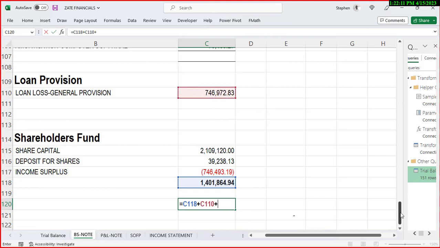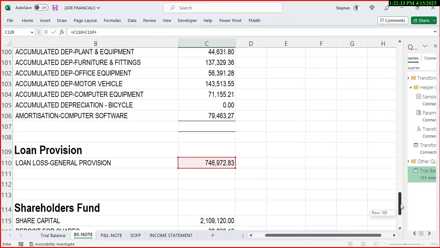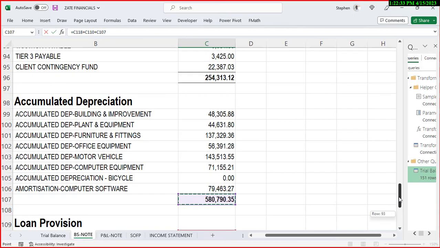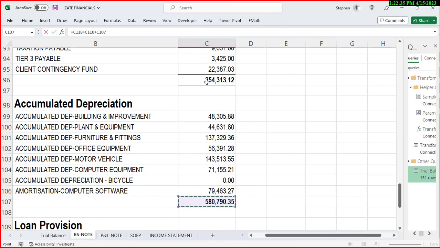So we are not doing the balance sheet proper. So this one I didn't add totals to it. So it's going to be equal to this plus this one plus the accumulated depreciation here plus this plus